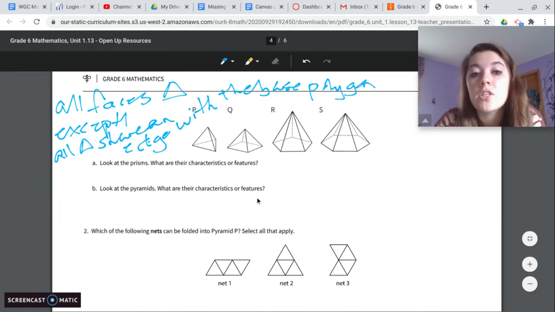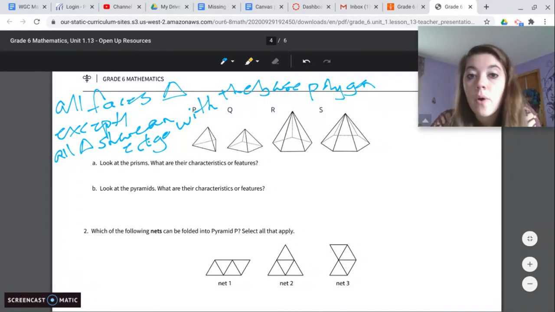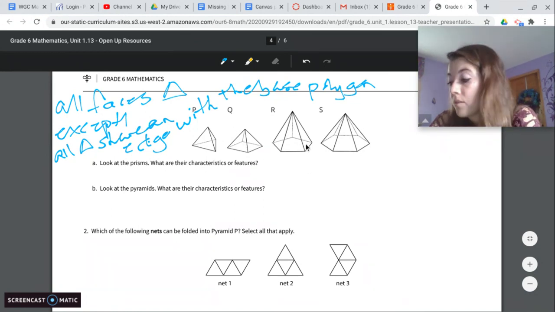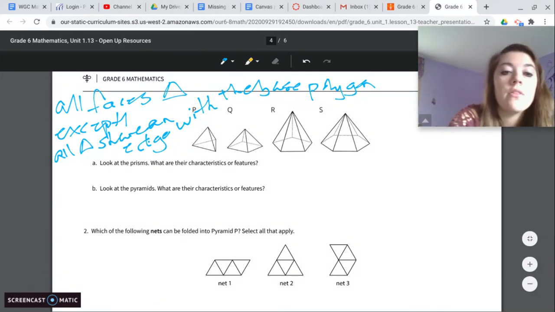So depending on what that shape may be, whether it's a triangle, a square, a pentagon, a hexagon, a heptagon, an octagon, a nonagon, decagon, so on and so forth. All of the triangles are going to share an edge with that. So they're all going to be touching it. And all the triangles